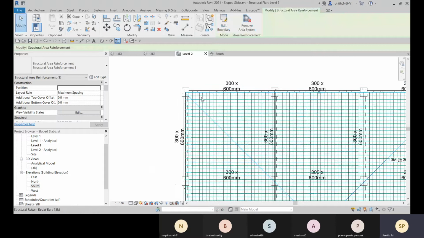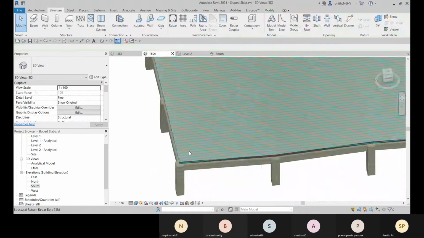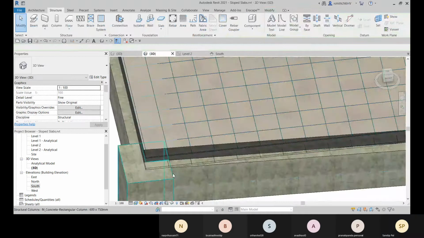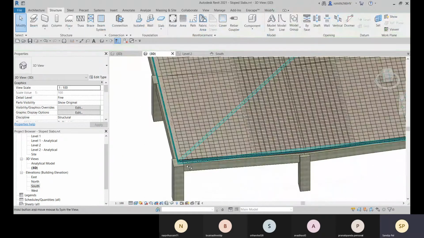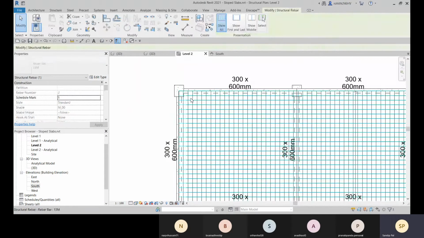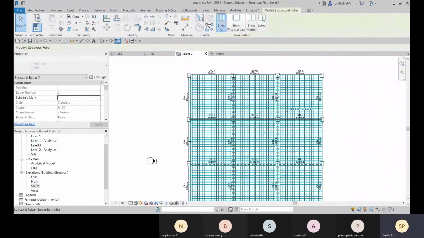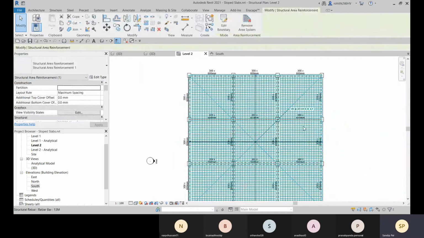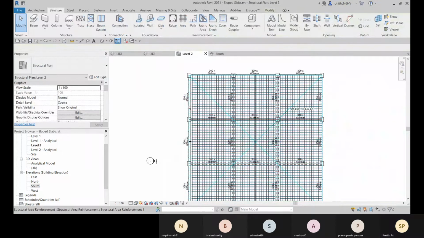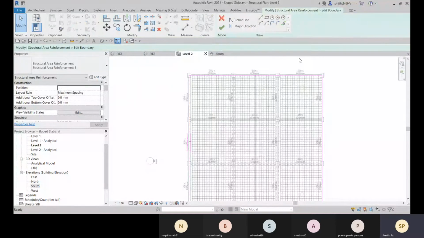Some part is outside of it. Let me check. Okay, so I have selected outside of it. Let me select this. Yes. Make sure you select this reinforcement boundary, and then go for this edit boundary option.